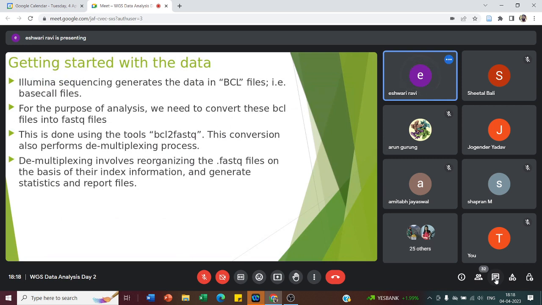In the library preparation, while we are loading the samples, they also add certain identifiers and an index for each of them. In the demultiplexing process, which BCL to FASTQ does, it will separate each sample according to its identification numbers, organize the files, and generate them along with statistics like the quality, read length, and everything. It will also give us a report for each of them. Before we proceed to further analysis, the quality person will make sure all these